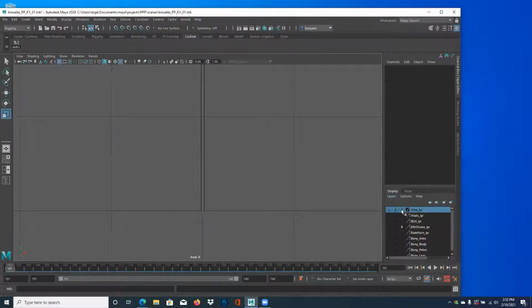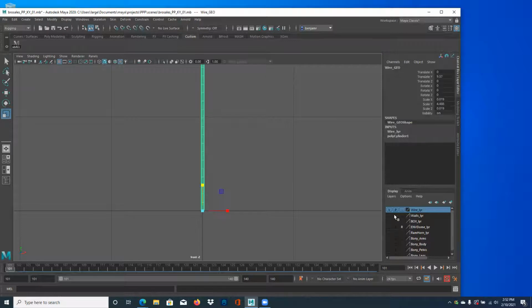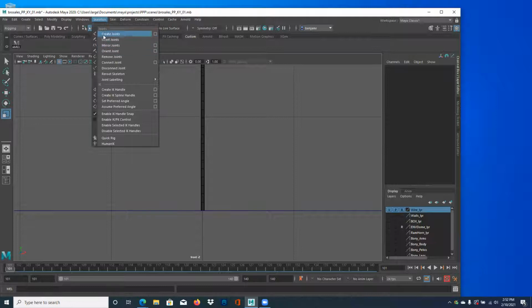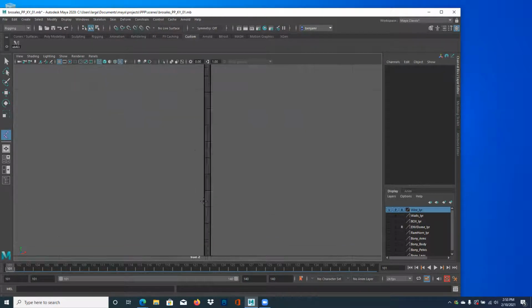So I'm going to set it to restricted so I can show you what it looks like if I actually snap to the wire. There we go. Okay, so I'm going to go to skeleton, create joints,